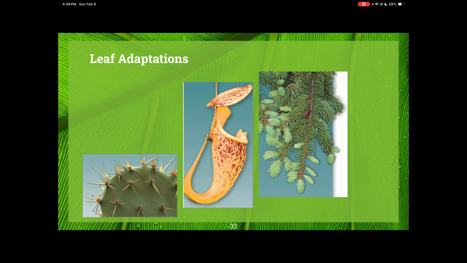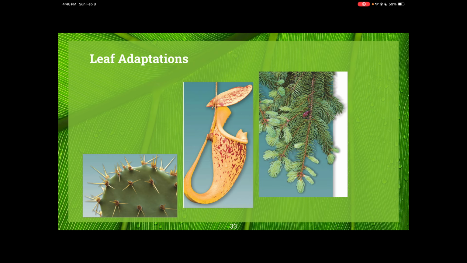It can't get out. Most of them are still green like the pitcher plant, so they do photosynthesis for glucose, but they eat for nutrients. So they can't get the nutrients from the soil. The soil doesn't have all the minerals that they need, usually nitrogen, phosphorus, things like that. And so they get those from their insect sources.